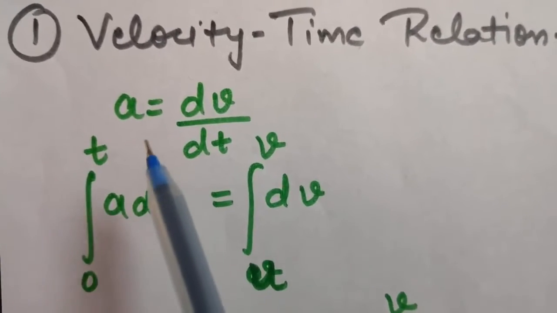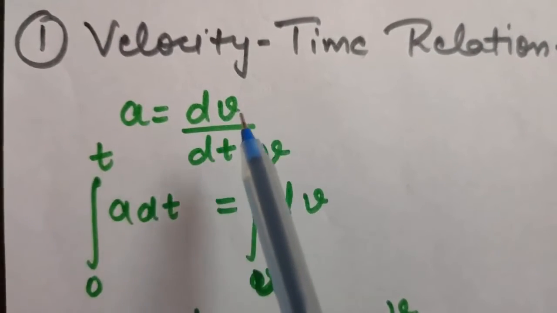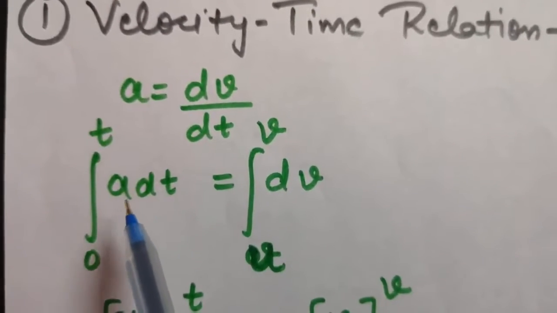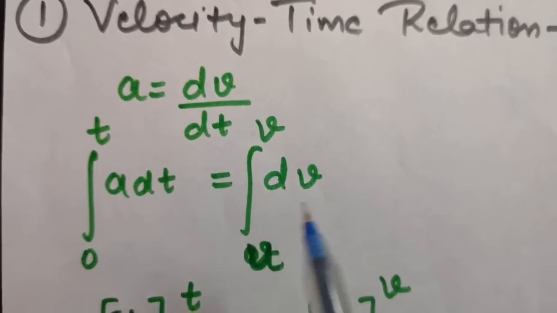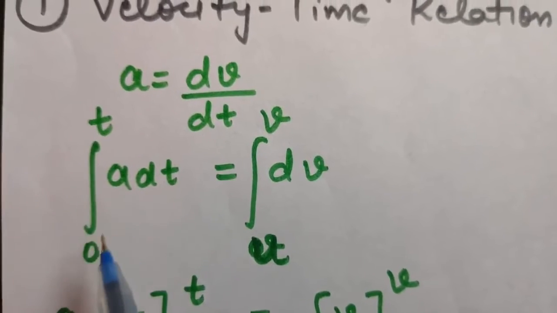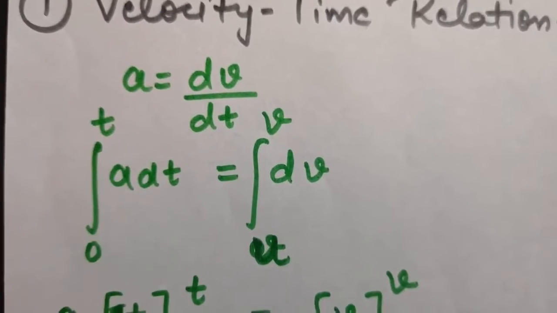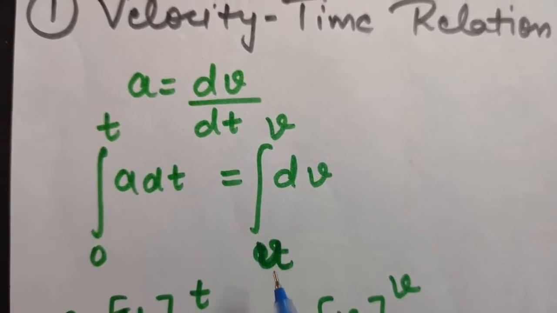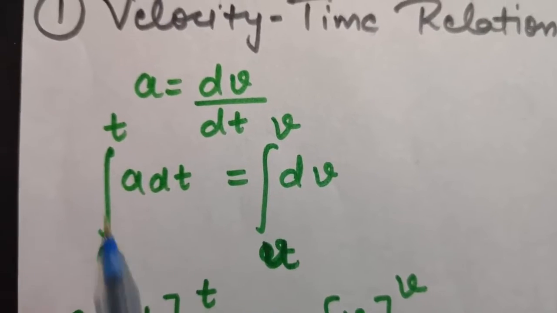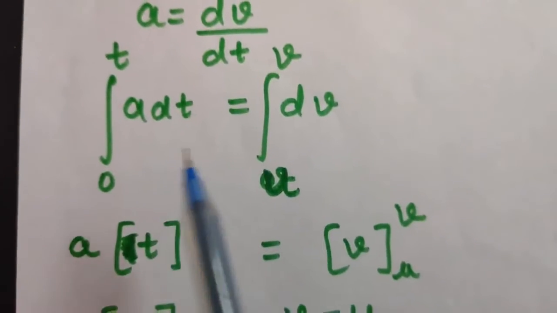Now you know a is equal to dv by dt. That is, acceleration is equal to change in velocity upon time interval. Now if I cross multiply, I'll get a dt is equal to dv, and then I am integrating both the sides. Here, as you can see, dt is there, so this integration will have limits of t, and I am taking limits of time to be 0 to t. Similarly here is velocity, so I am taking the limits of velocity to be u and v. That is, at time t equals 0, velocity is u, and at time t equal to t, the velocity is v. Now all of you know how to solve this integration.